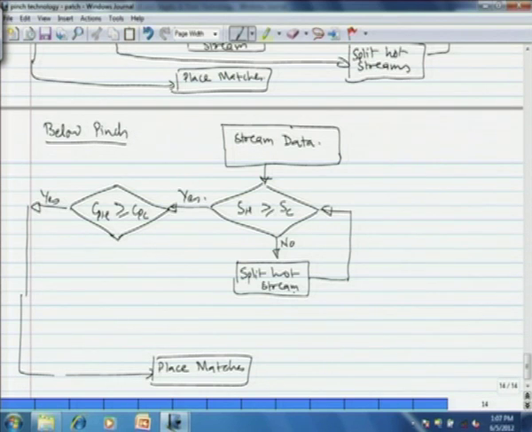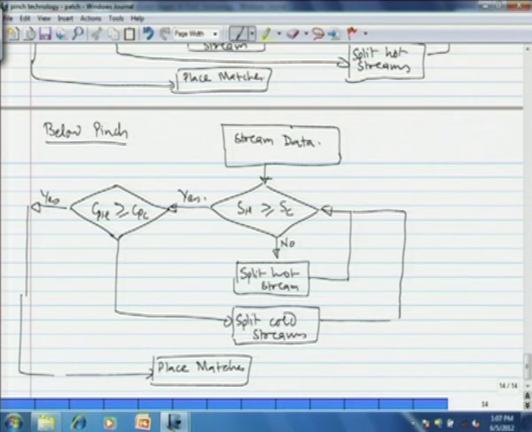Now, let us say after splitting of hot streams, the stream population criteria is satisfied, but the CP inequality criteria is not satisfied, then you have to go and split the cold streams. And then once again you have to check the stream population criteria and then the CP inequality criteria and go and place the matches. These are the two flow sheets which summarize the pinch technology algorithm that we have seen